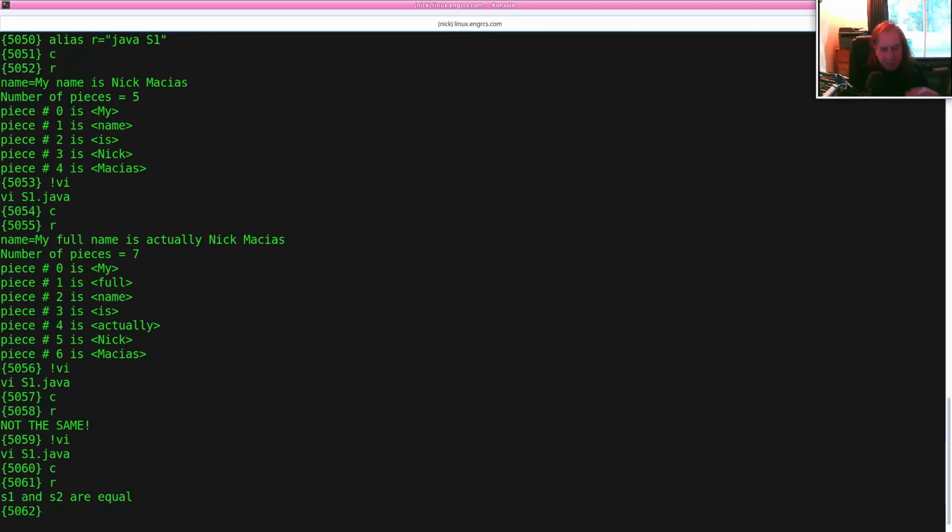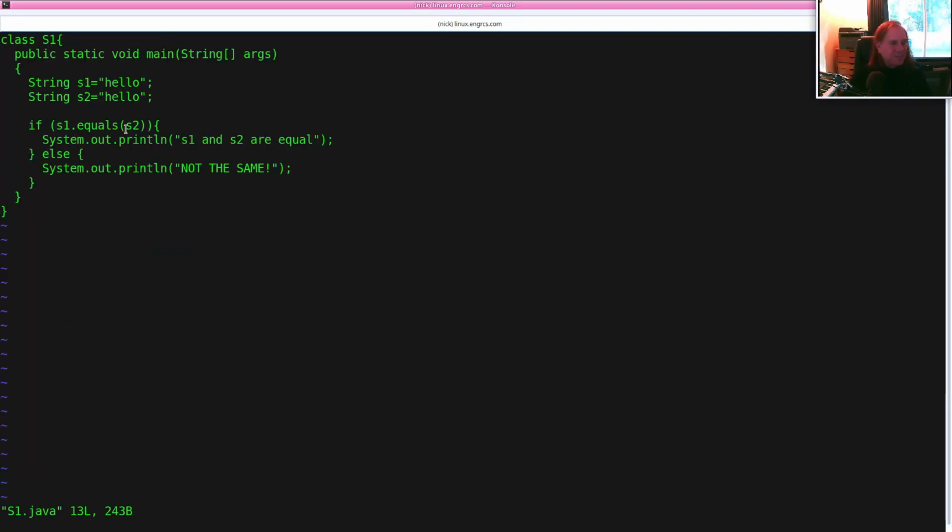So there's some experiments to run in the problem set that will help you understand or believe why we have to use the equals method instead of saying equal equal, because sometimes equal equal will do what you think, but sometimes it doesn't. So if you want to compare strings, always use dot equals. And a lot of different types of objects have equals methods specifically to tell you whether or not two things